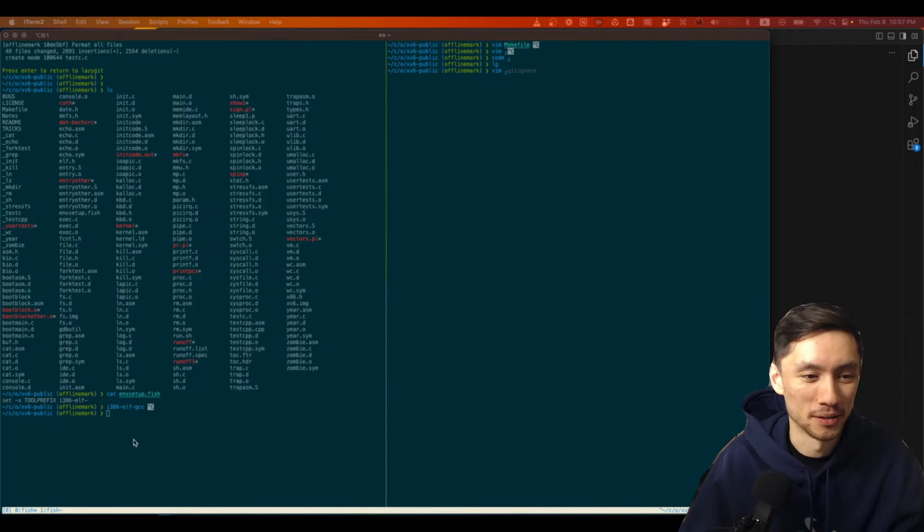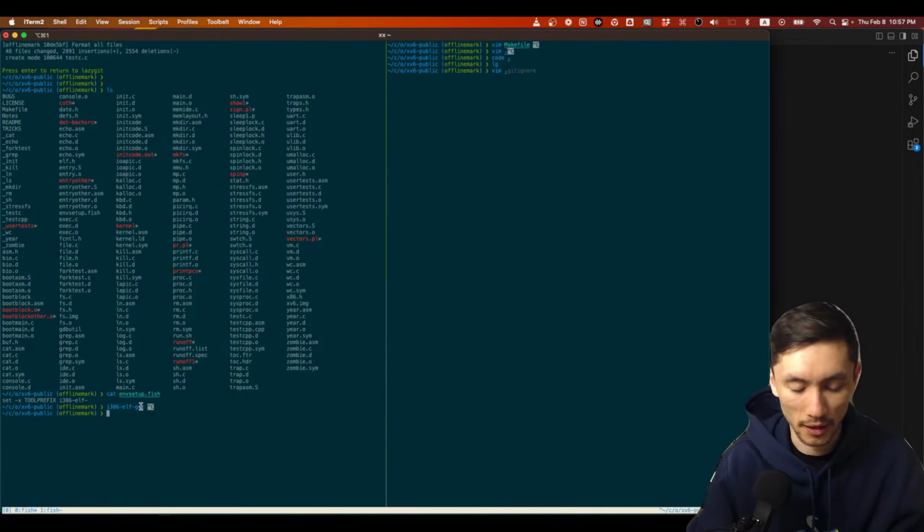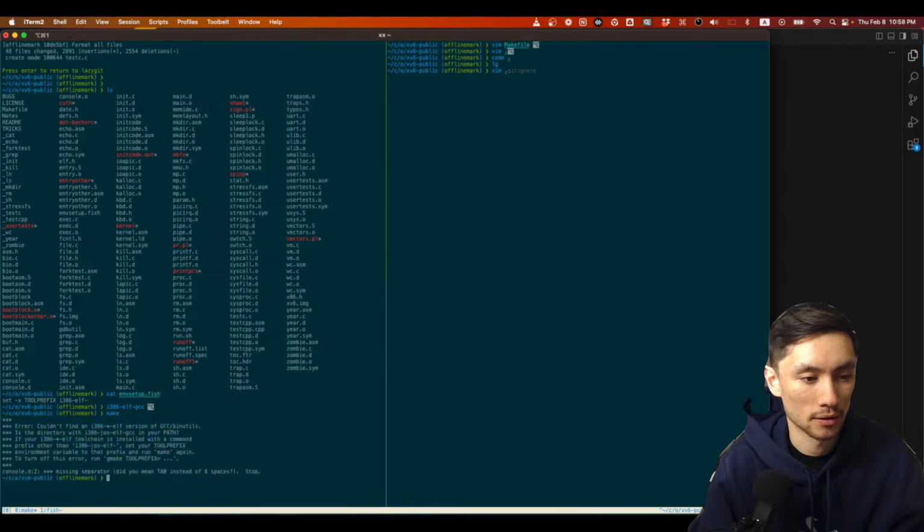I already know C pretty well. Anyway, I got my toolchain and my environment set up, and then I can just use the makefile that already came with it.